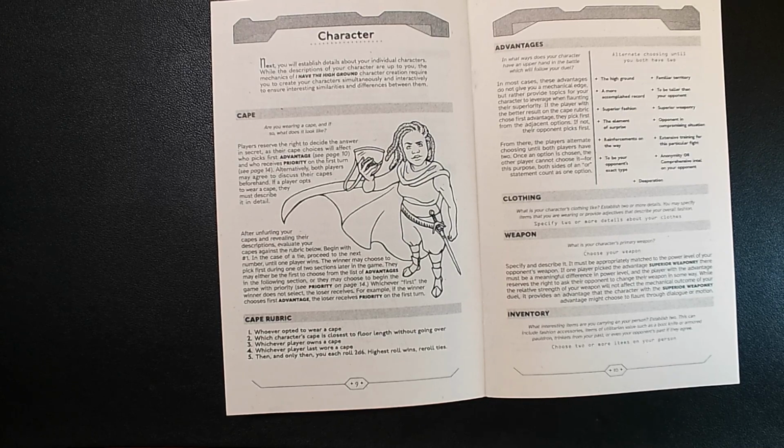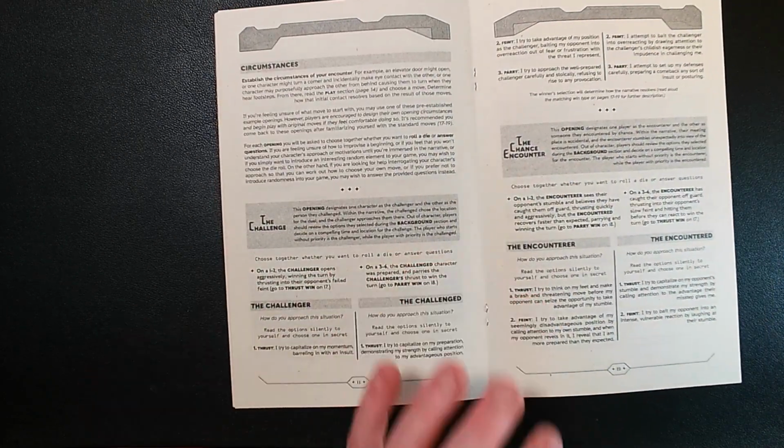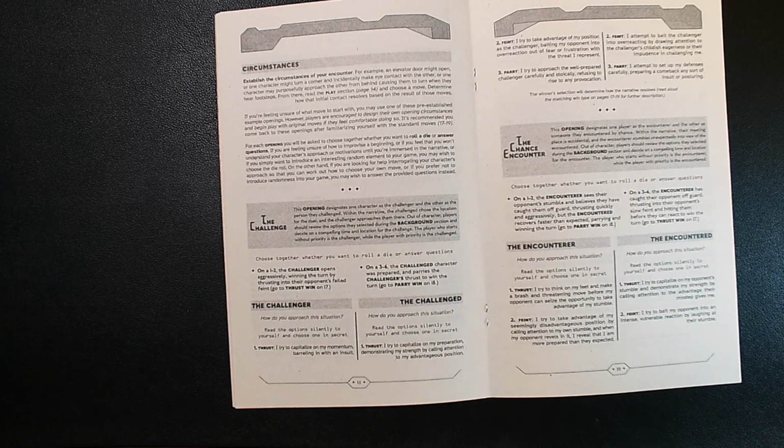This is a role-playing game, so this gives you different tools to role-play this dramatic scenario. You get to choose your weapon, a couple items in your inventory. And again, it's setting the stage for these different dramatic moments. Then you have your circumstances, and you choose together whether you want to roll a die or answer questions on